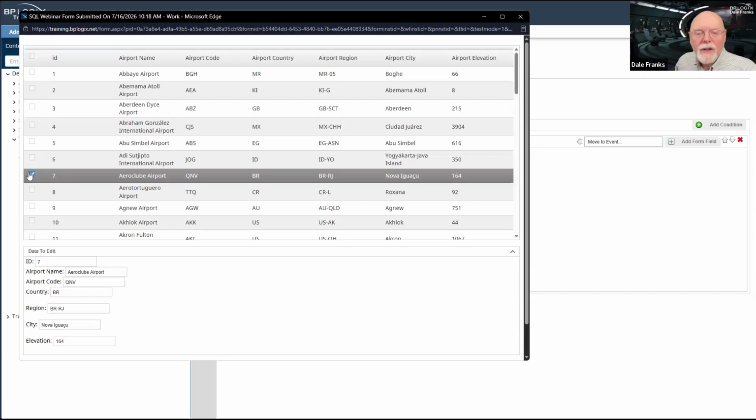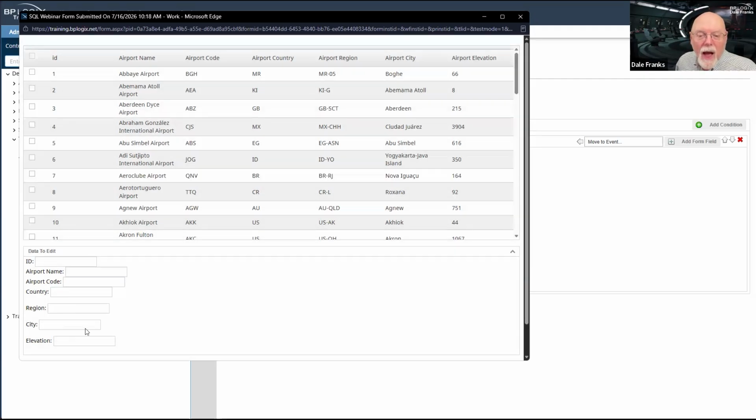If I uncheck an airport, I want you to look at what happens down here. I uncheck this airport, it empties all of my fields. Why does it do that? Well, because it is passing an ID of null back to the business value. The business value thus returns nothing but null values whenever my business value runs, whenever I click on the data list control.